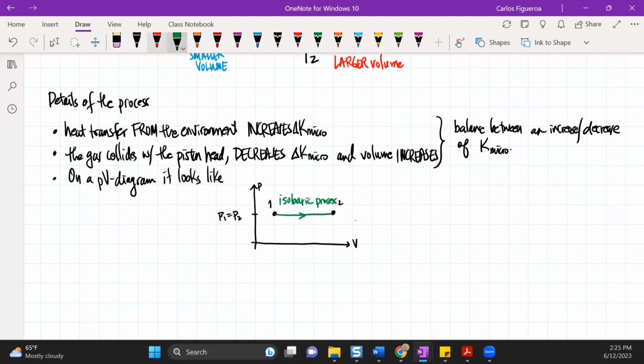So that means I have to add heat energy into this system. In some sense, it's not the area, but it's to highlight that the process just does move in this way here. So now if I do isobaric cooling,